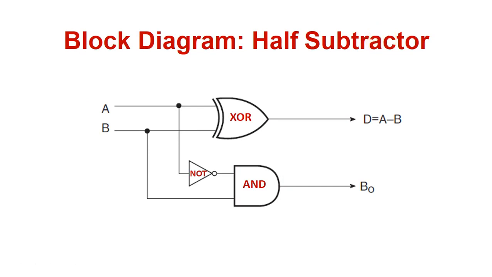So that's all for today. We have understood the block diagram of the half subtractor, followed by the truth table implementation. Once the truth table is ready, we have designed separately the expression for the difference as well as the borrow, and once the expression has been identified, using that expression we have identified which logic gate to use in order to get the difference as well as the borrow.